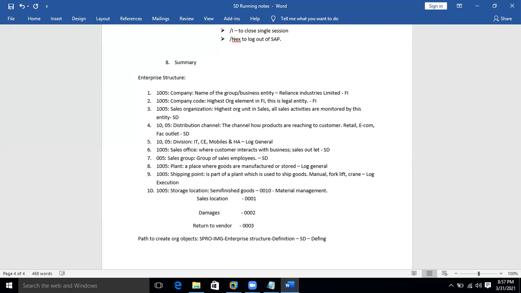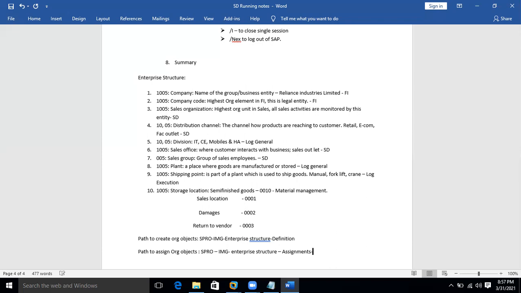Okay, now path to assign org objects. We use the same path SPRO, IMG, enterprise structure, but instead of definition, there will be separate navigation for assigning, that is assignment.